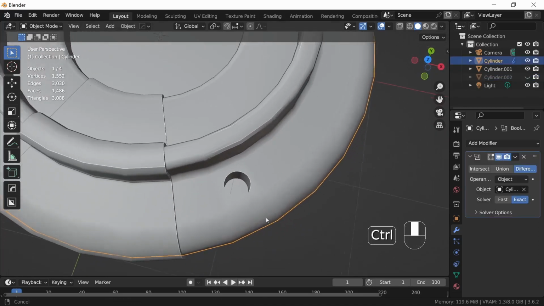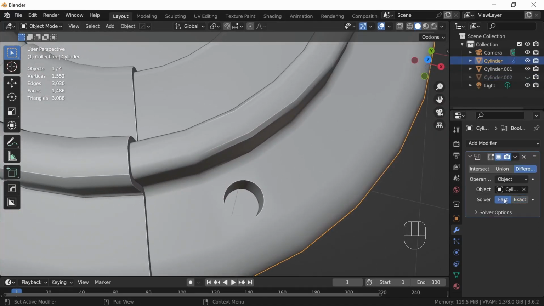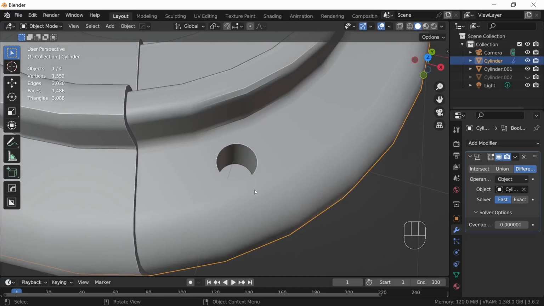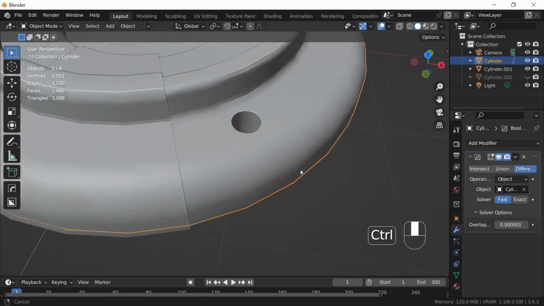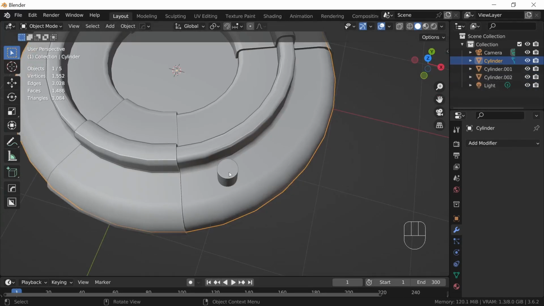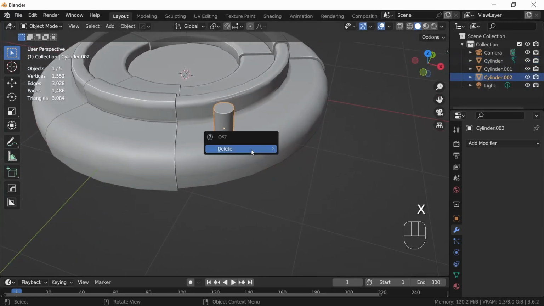Sometimes you'll get some weird solvers, so you can maybe switch it to fast or exact to resolve. Otherwise, you might actually have to do some geo cleanup later on, which is pretty common with Boolean cuts, by the way. Now, the other way to do it, if we close out of this and we delete this shape,